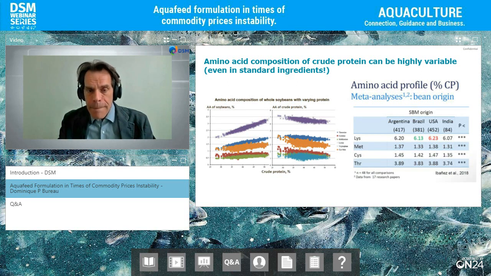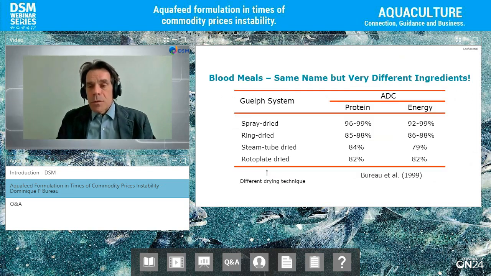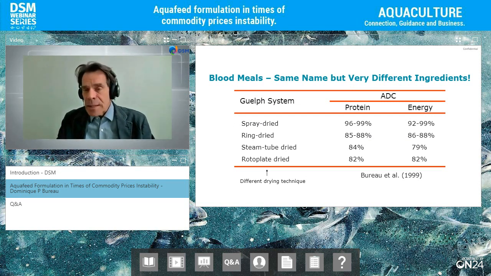Apologies. Right? Now, this is total nutrient content, but you also have to worry about the digestible nutrient content. And an ingredient can have the same name. I realized this more than 25 years ago when I did research on blood meal. You can buy different kinds of blood meal, but they're going to be processed differently. It is perhaps the ingredient with the most dramatic variation in the processing technique used to produce it.